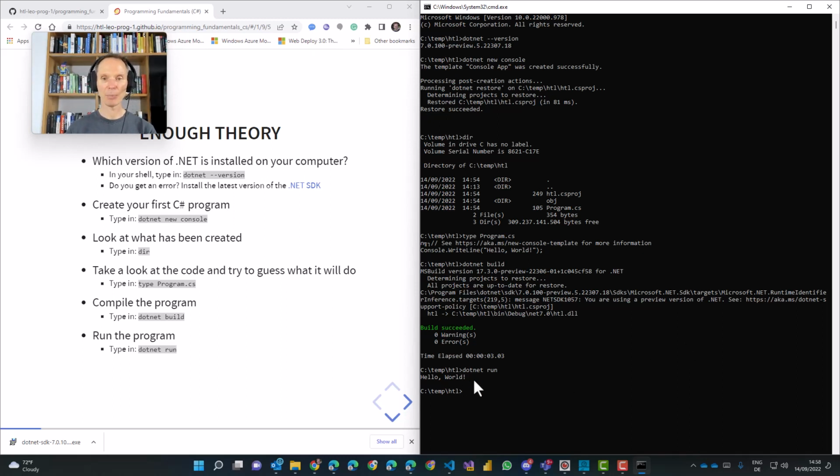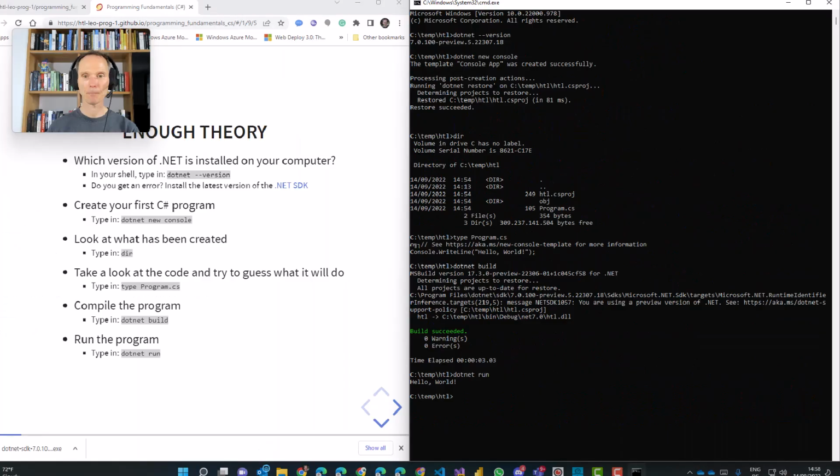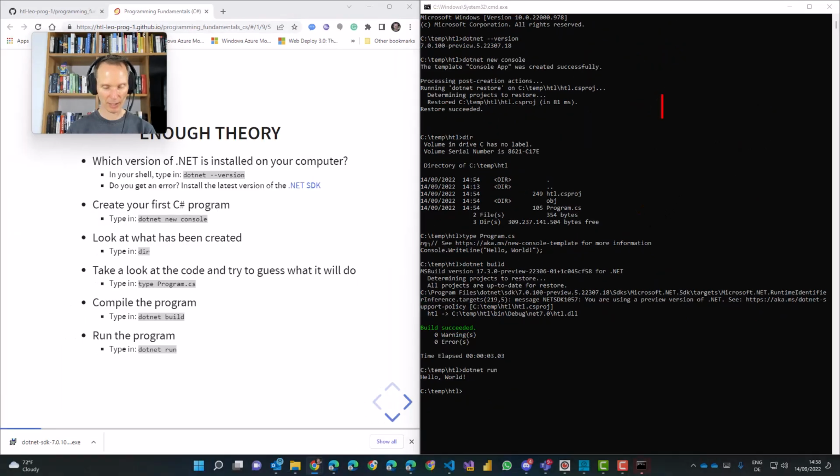So what have we done? Let's quickly recap, okay? We have written some C# code, and then we used the compiler to turn this C# code into an executable. We call it an executable, into executable code.